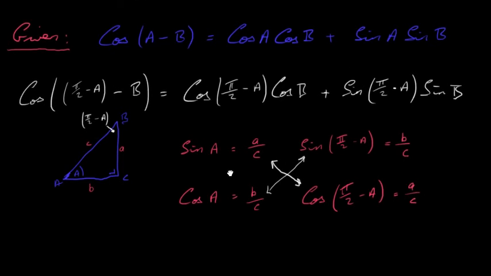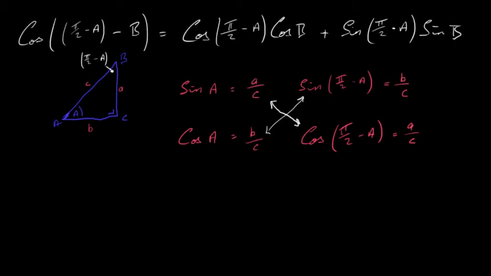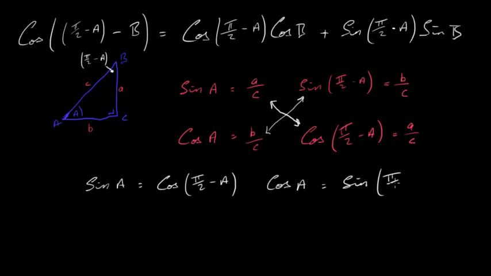So we can say then that the sine of an angle A is equal to the cos, or the cosine, of pi over 2 minus A. We can also say that the cosine, or the cos of A, is equal to the sine of pi over 2 minus A. So we're going to use these two